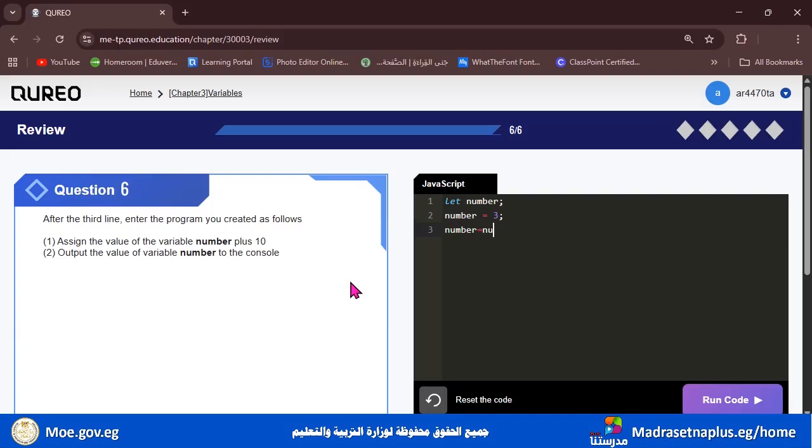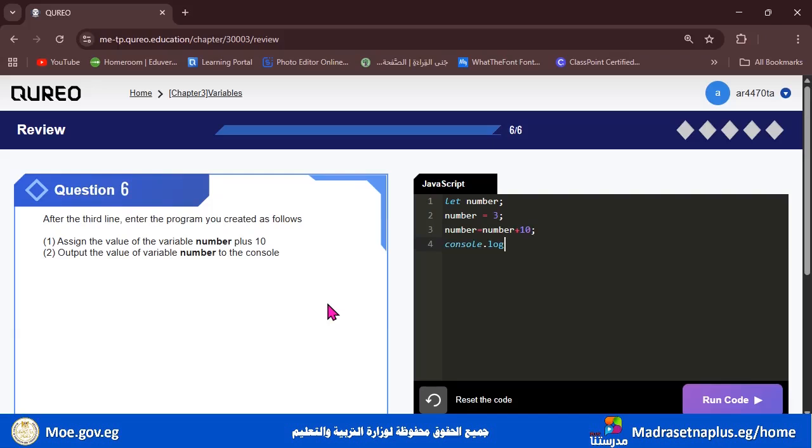So it's number again plus 10. Output the value of variable number to the console. So we will end this line and add a fourth line to output the value. So we write